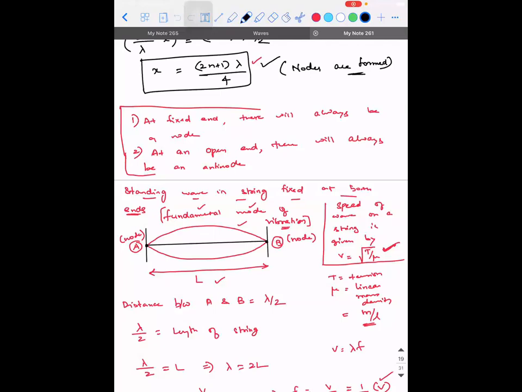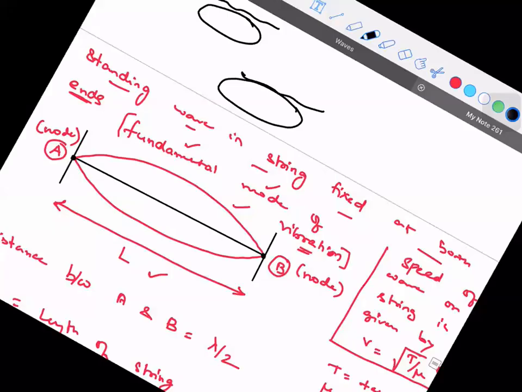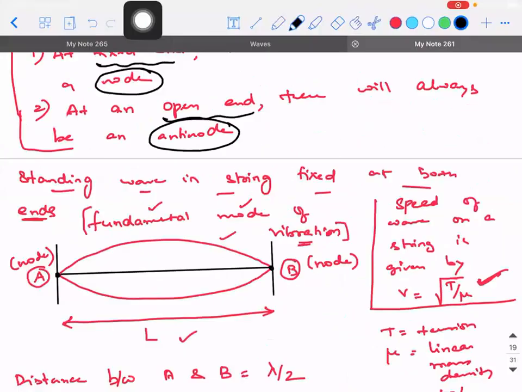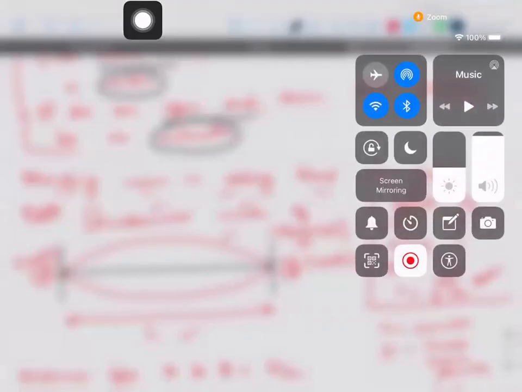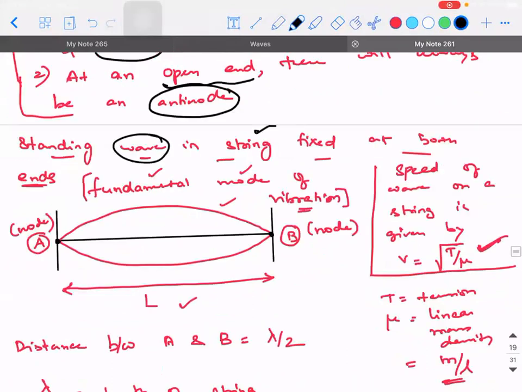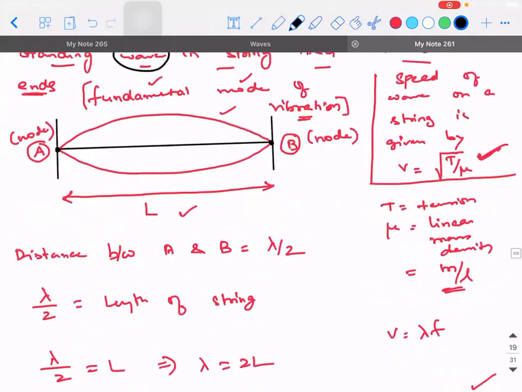Yeah. So last class I told you, when you have a fixed end, there will always be a node, and when you have an open end, there is always an antinode, right? I hope you guys remember this. Then we saw its application for both ends tied, the standing wave in a string which is fixed at both the ends. In today's class, we will see what is going to be the length